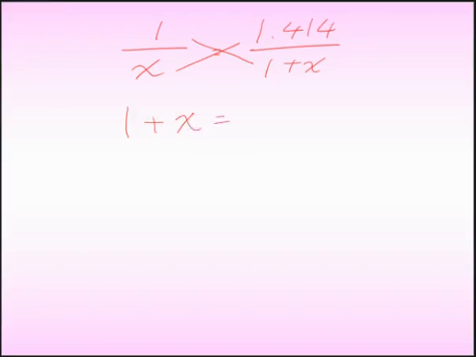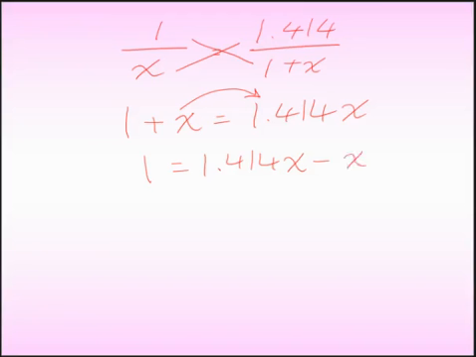Okay, so square root, you get 1 over x equals 1.414 over 1 plus x. Now you're done. Cross multiply. And just we do what we've been doing for about 15 weeks. So I think I'm going to put these 2 on the left-hand side, 1 plus x, equaling 1.414 x. What moves to the other side? This guy. So you get 1 equals 1.414 x's minus 1x, which means 1 equals